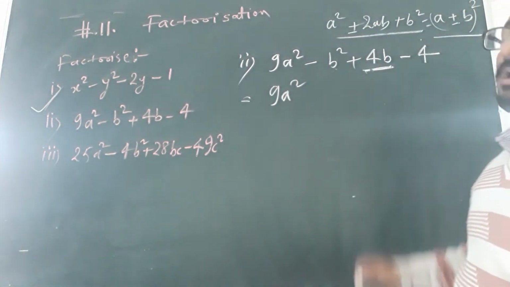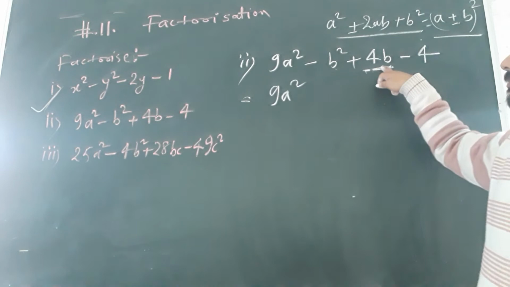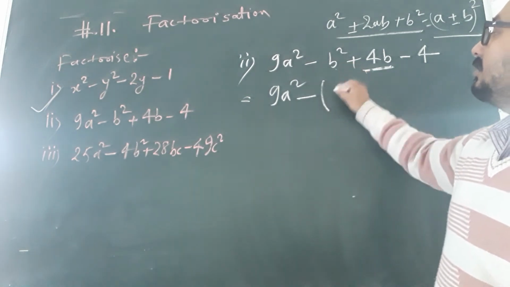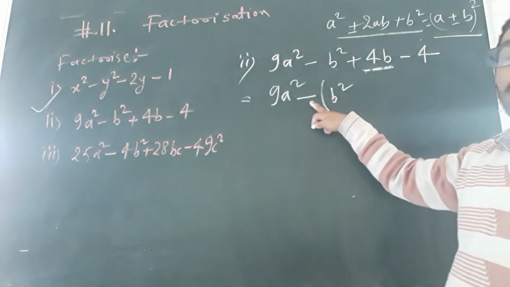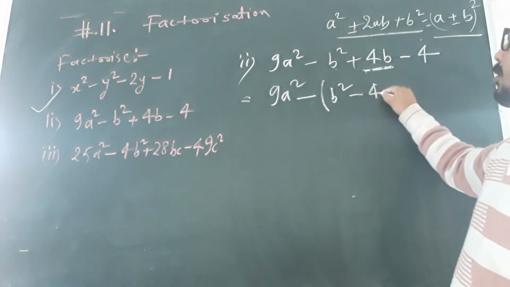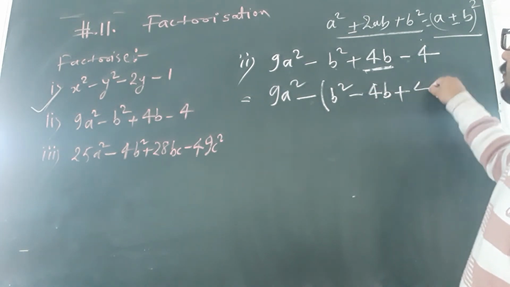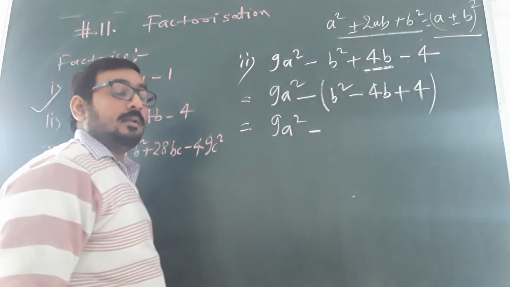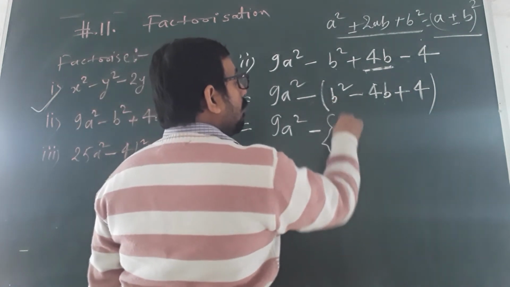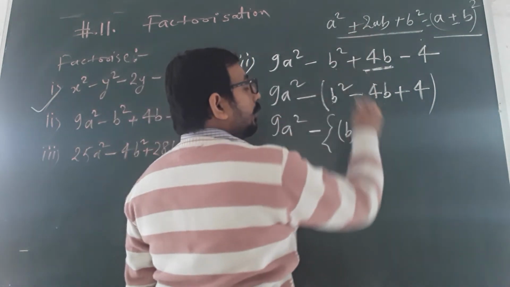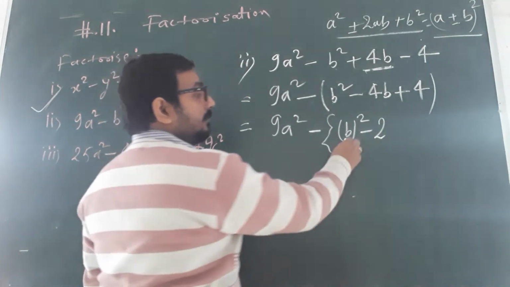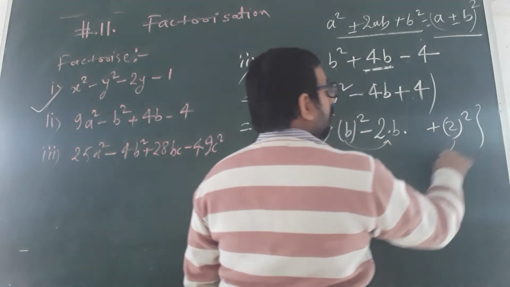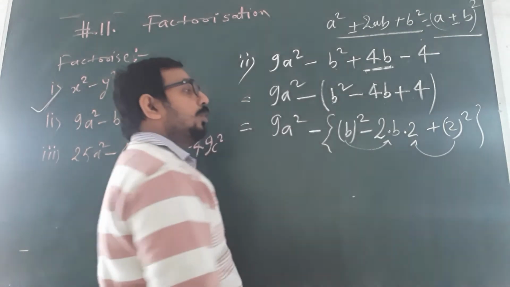These last three terms are familiar because in these terms we have no terms of a. So use a bracket. This becomes b squared. We take minus as common, so this plus sign changes into minus 4b and this minus sign changes into plus 4. Now see here, this is 9a squared minus, use a curly bracket, and this b squared is written as (b) whole squared minus, according to the formula we have 2 and this one is b, 4 is written as 2 squared. So from b we have 2, so 2 times 4b.